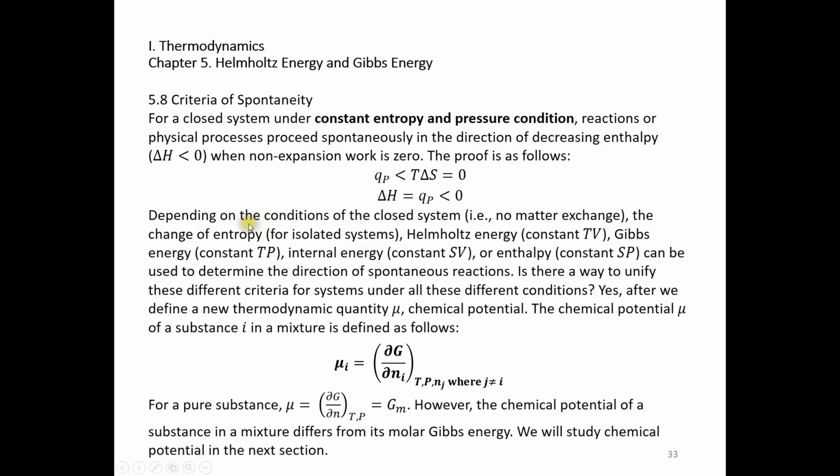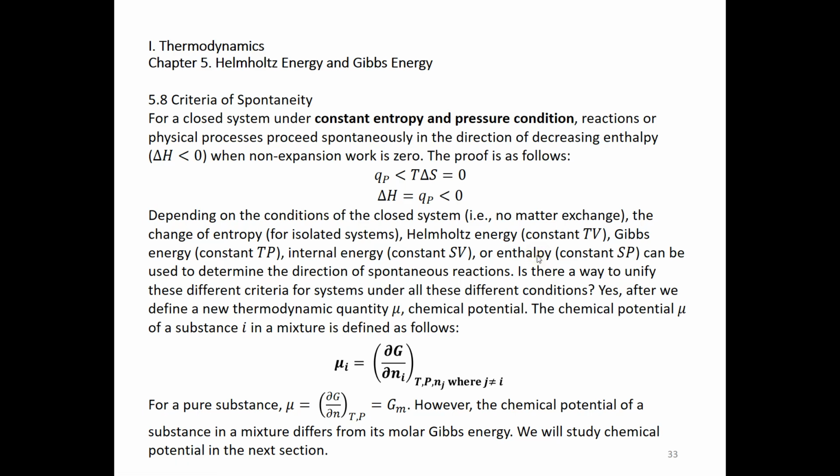For an isolated system, we just look at the entropy. Entropy can only increase. We look at Helmholtz energy under constant TV condition. We look at Gibbs energy under constant TP condition. We have to look at the internal energy under constant SV condition, or enthalpy under constant SP condition. So under different conditions, we look at different criteria. So we have all those criteria on the different conditions. As you can see, we can use delta S, delta A, delta G, delta U, delta H as the criteria for the